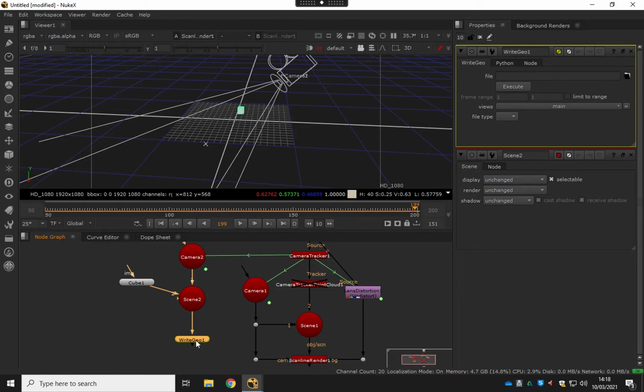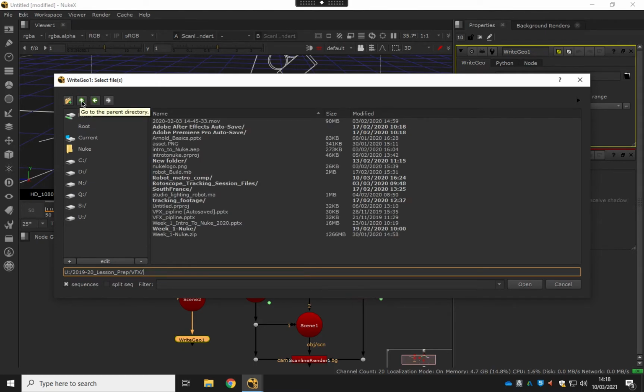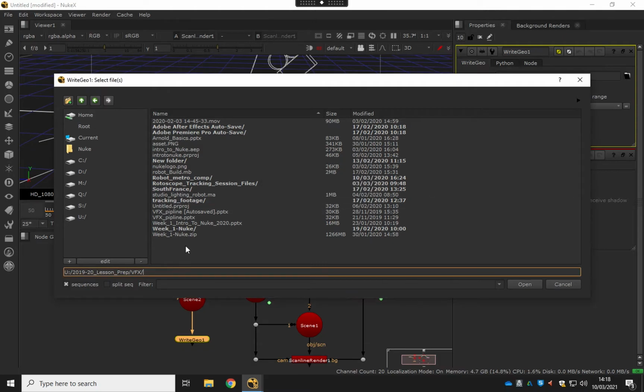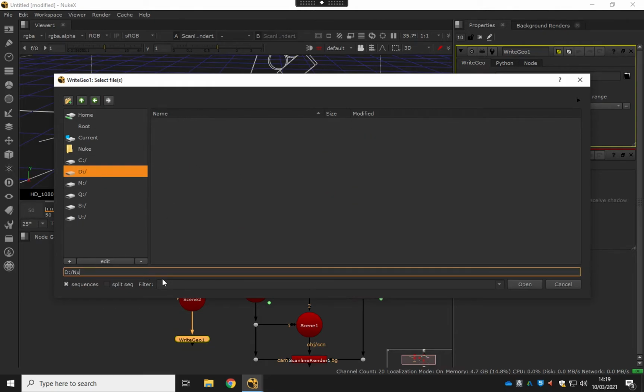So we're going to have to save this somewhere. So I'm going to come over to the write geo properties, and I'm going to click somewhere to save this. I've actually been working on my OneDrive, so I'm going to make a new folder here. So I'm just going to call this Nuke Tracking. I'll click OK. Let's just make it here for now. I'm going to call this table track